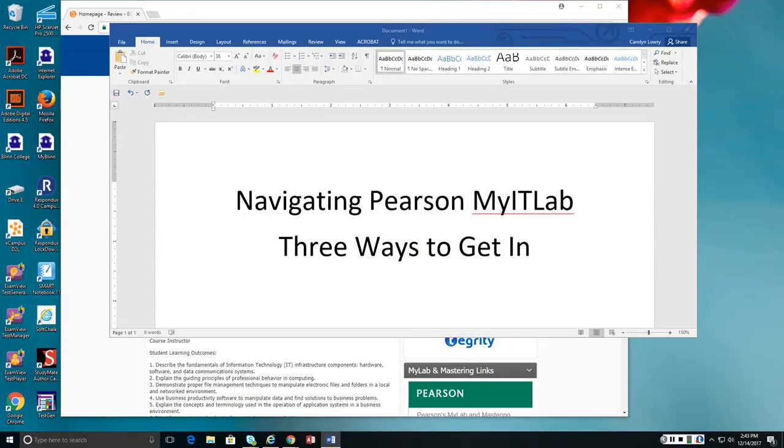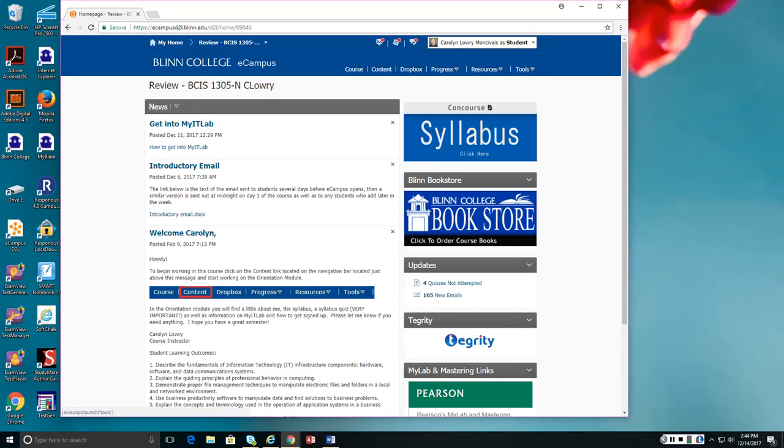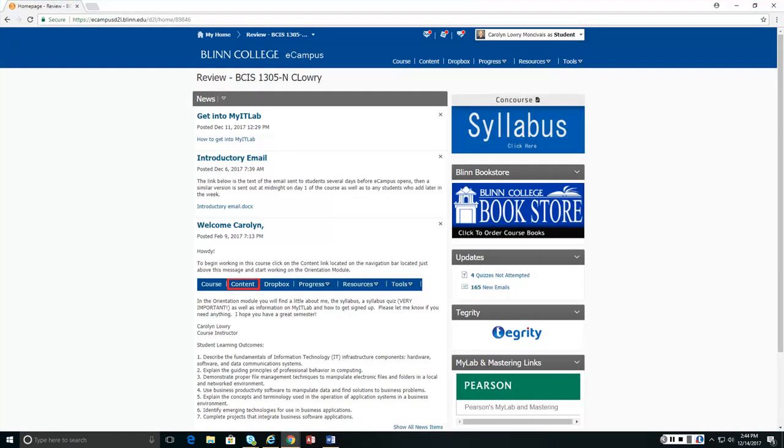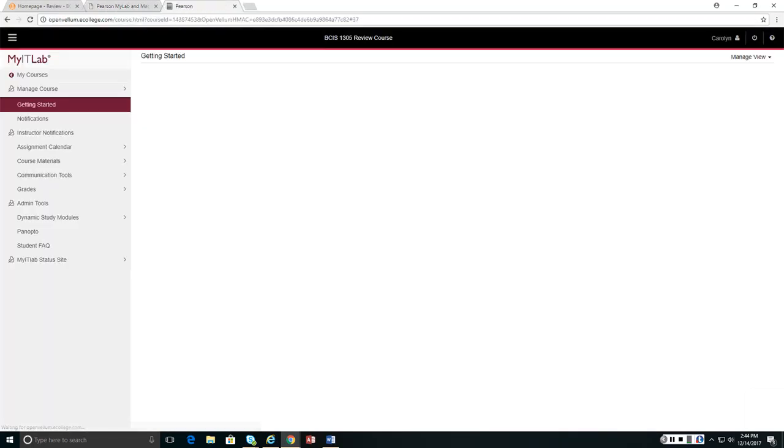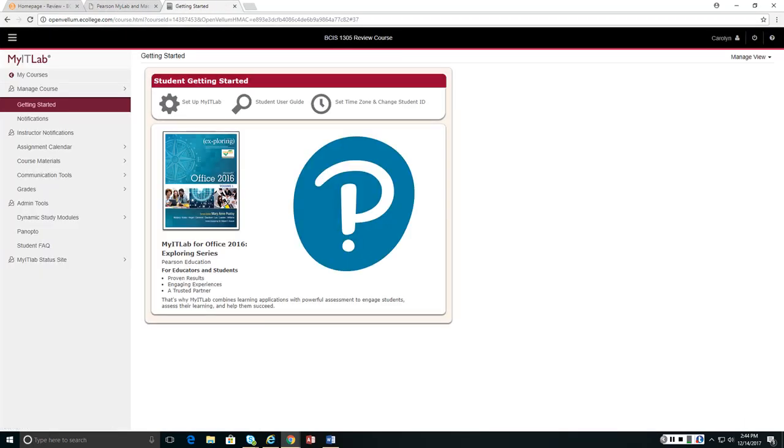Now, we've got a couple of interfaces that we're going to have to navigate, and Pearson MyITLab is one of them. But to get there, you need to be going through eCampus. So I'm going to show you real quickly the 3 ways to get there. Way number 1, we click on the Pearson, the green button, and then we click on Open My Labs and Mastering. And here we are, and we are in